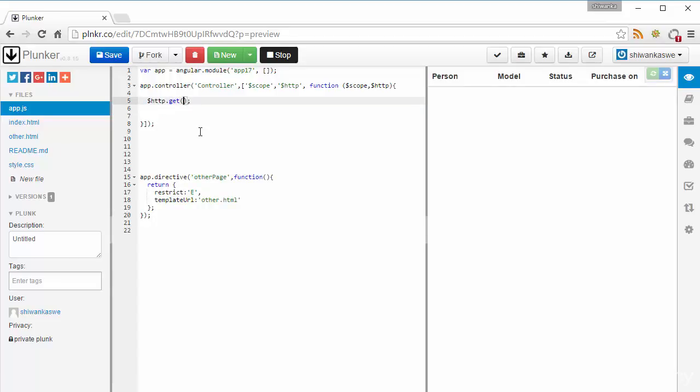The first thing in HTTP GET, we need to specify which service we are going to retrieve from. Here, I'll declare a file called iphone.json. I don't have an iphone.json here, but I'll put iphone.json. I'm going to retrieve data from iphone.json, and HTTP GET has two types of results. One is if the iphone.json executes successfully,